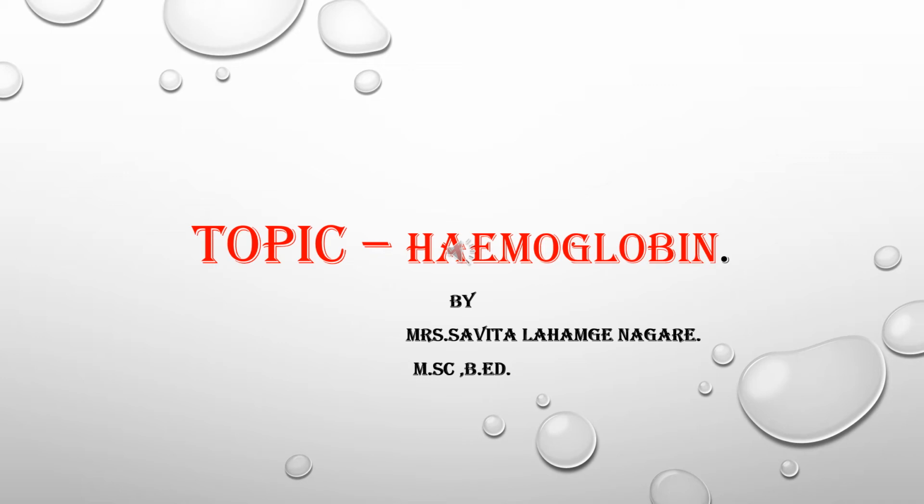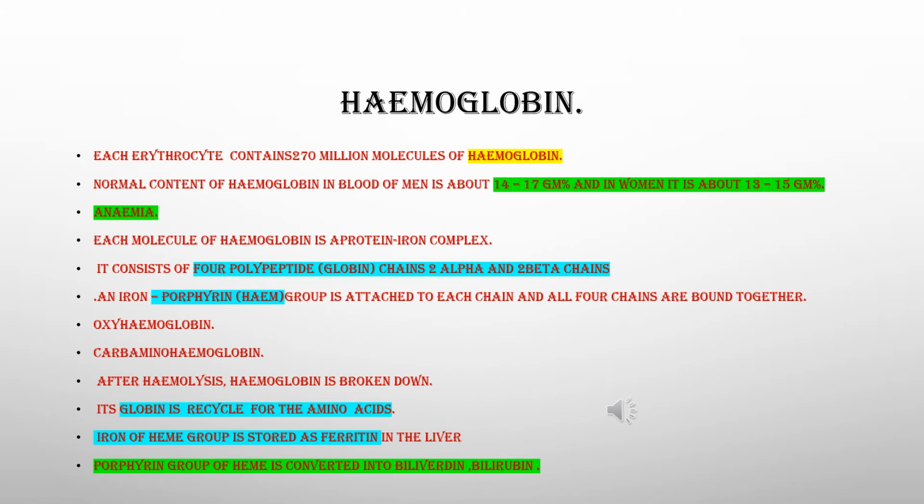Hello everyone. Today we will see what hemoglobin is and what the role of hemoglobin in our body is. Now we will see hemoglobin of the erythrocyte. We know that hemoglobin is a type of respiratory protein or respiratory pigment which helps in the transfer of respiratory gases during respiration. This hemoglobin is present in the cytoplasm of each erythrocyte.